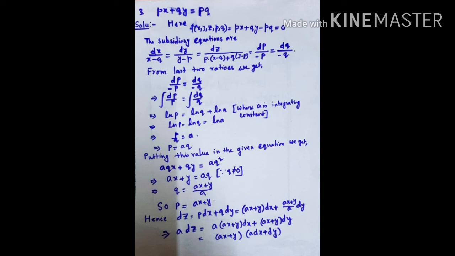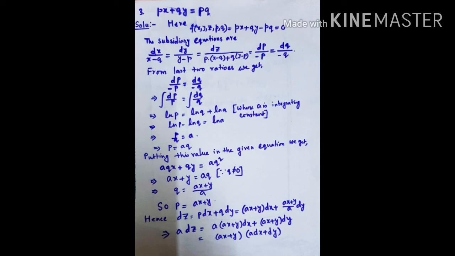So here the subsidiary equations are dx by del f by del p, that means dx by x minus q, is equal to dy by del f by del q, that means y minus p, is equal to dz by p into del f by del p plus q into del f by del q,